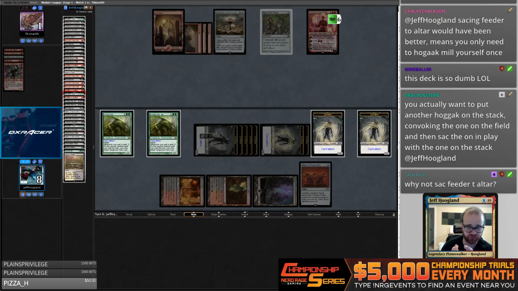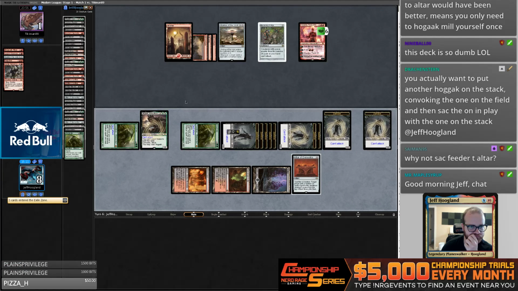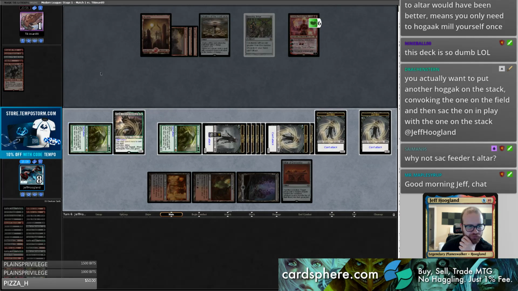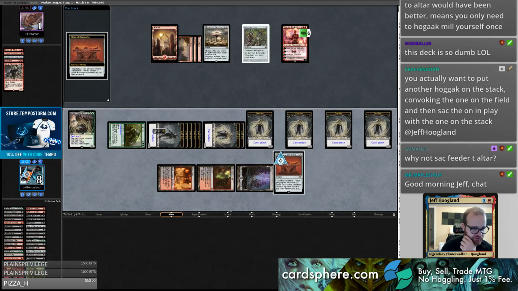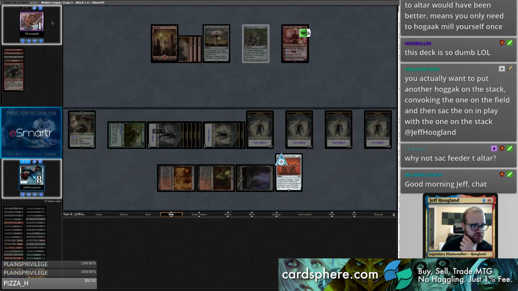Why not sack it to altar? Because I'm dumb. Should totally have sacked it to altar. We're fumbling through this, chat. Fumbling through. Alright, so this puts the last of my deck into my graveyard, which includes a 3rd bridge. So now...